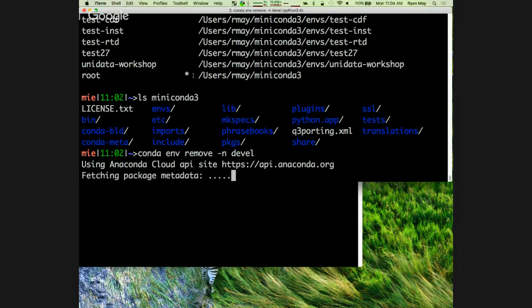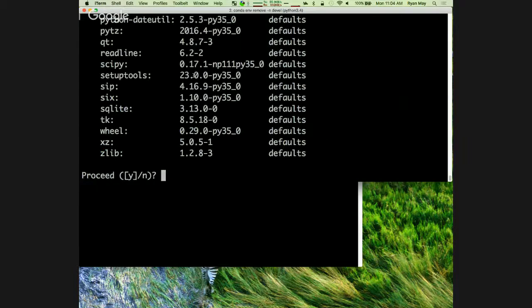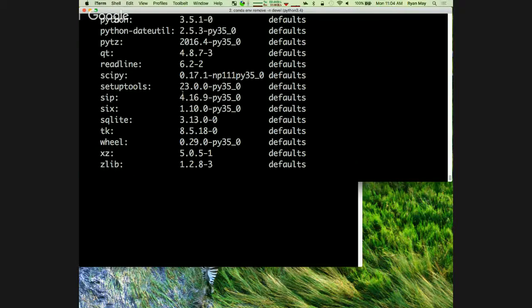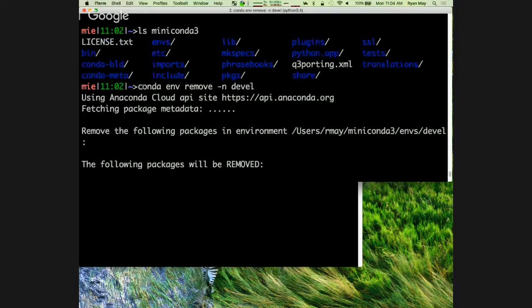And at this point, all that's doing is just going to delete the directory and the configuration and the symlinks. It's not actually deleting the downloaded files. You show that again? Sure, yeah, it scrolled off on me. conda env remove -n devel.